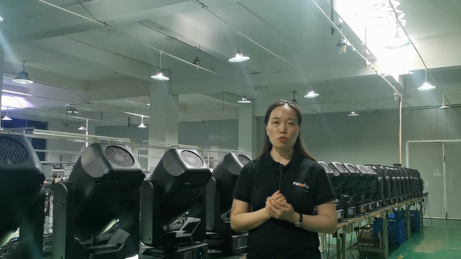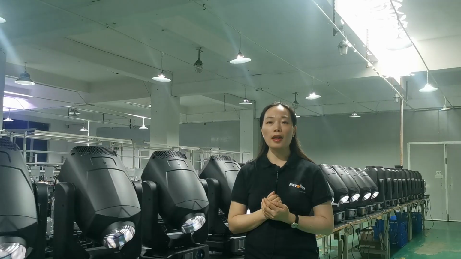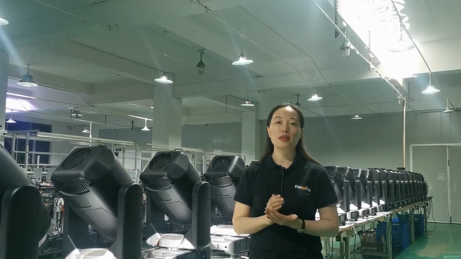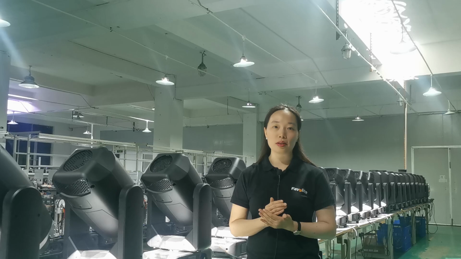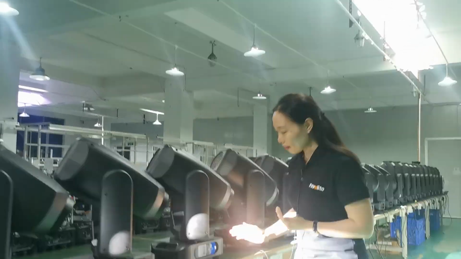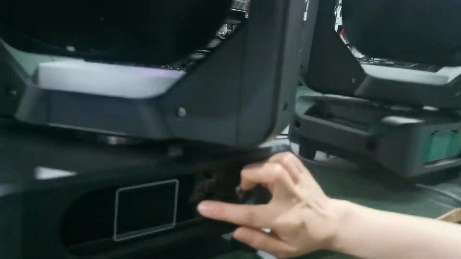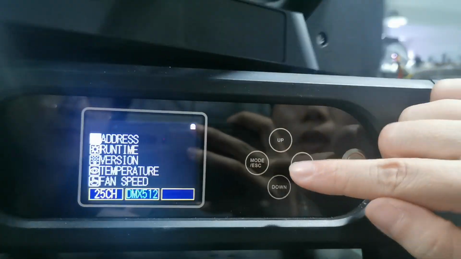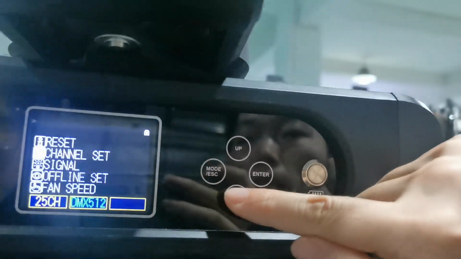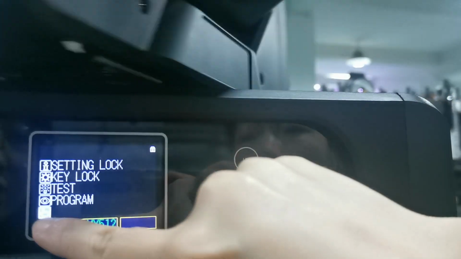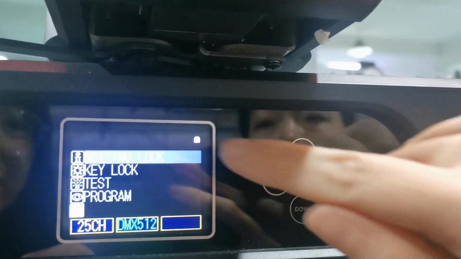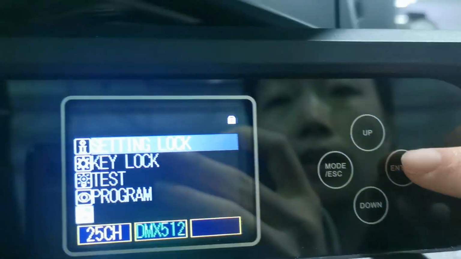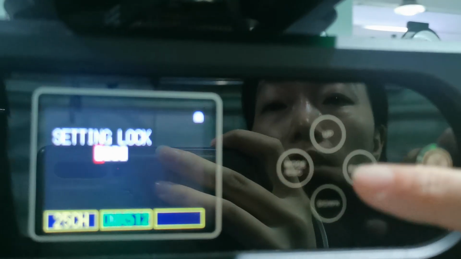Today, I will introduce you to how to use the menu to control the lighting without using the controller. And please come here. First, we enter the menu and choose the next one. Yes, here, and enter. And this is a setting node. Setting node, we enter it and